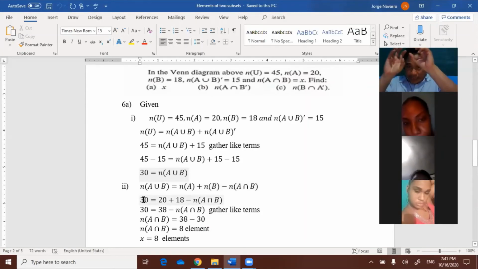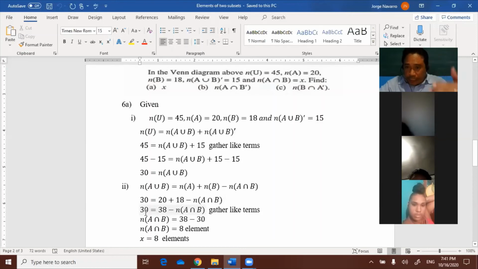So in the bags, there are 30. So there are 20 in the first bag and 18 in the second bag, minus what they have in common. Now notice what's going to happen. 30, I just bring it down, equals, if you add 20 and 18, you get